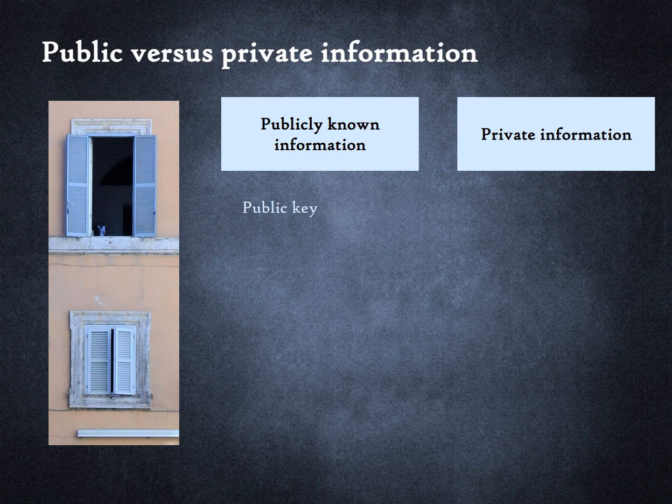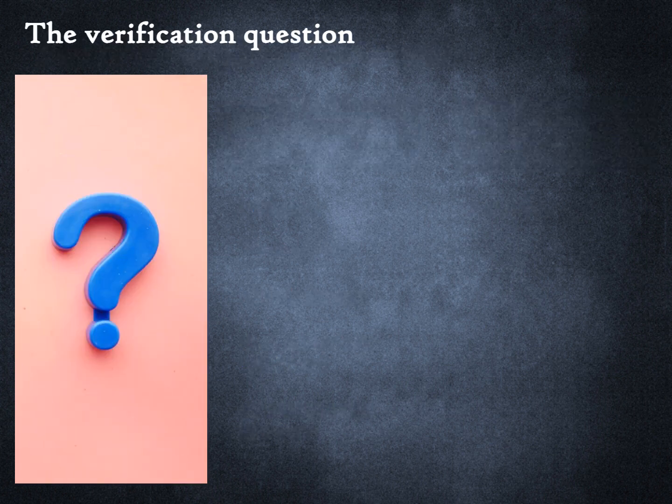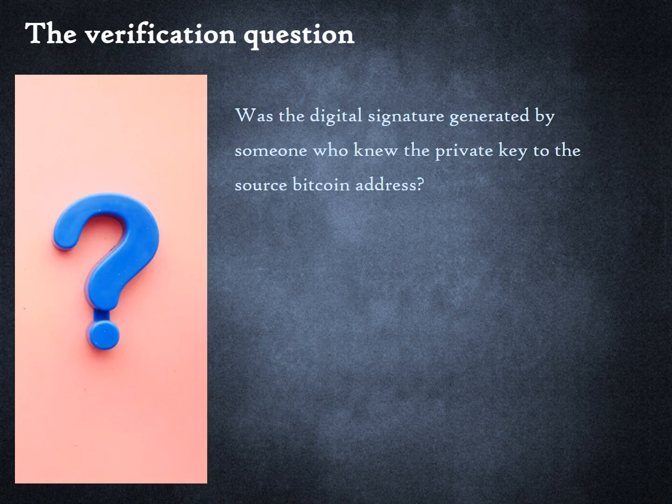The Bitcoin address. The digital signature. The payment message and its hash. Additionally, all the mathematical functions being used are publicly known. The only attribute that is secret and known only by the account holder is the private key. The question Mark needs to answer is: was the digital signature generated by someone who knew the private key to